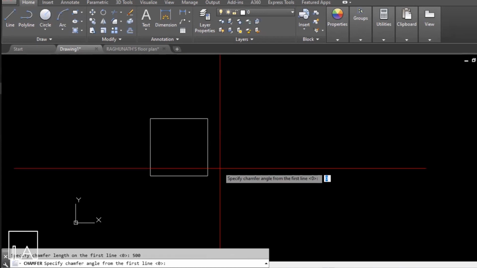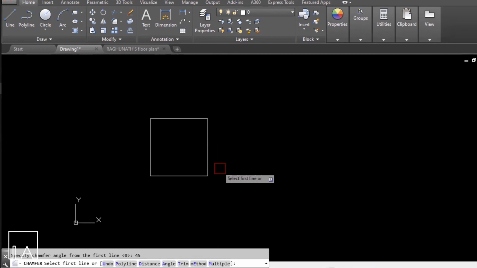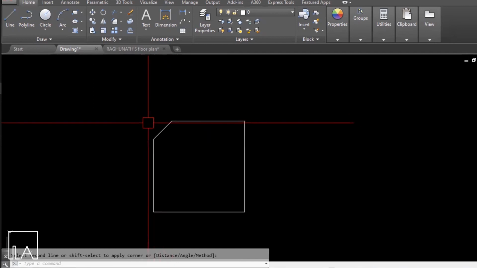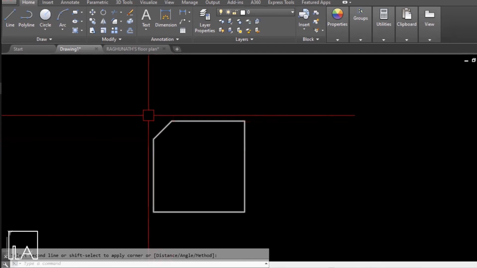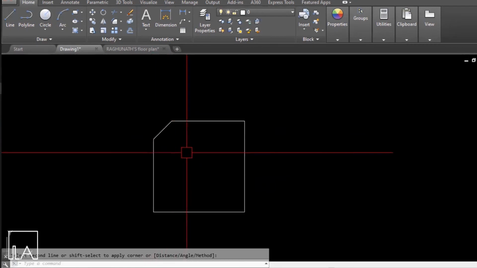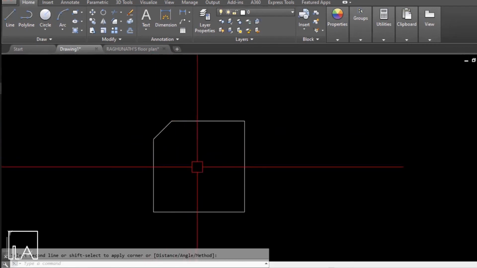Now you will also have to specify the angle at which you want to chamfer the object. So I'll specify it to be 45 degrees and then give enter. All you have to do now is just select the first line and the second line and you can see that the object has been chamfered at 500 mm from the first point and at 45 degrees. So this is how you chamfer objects in AutoCAD.